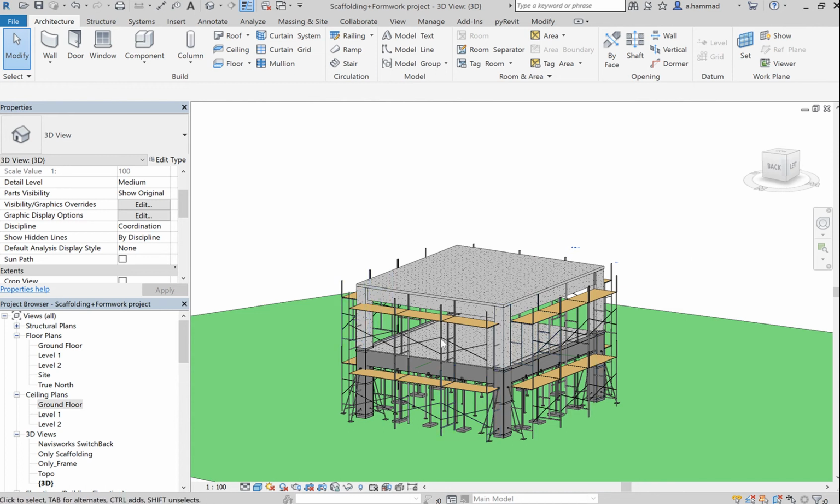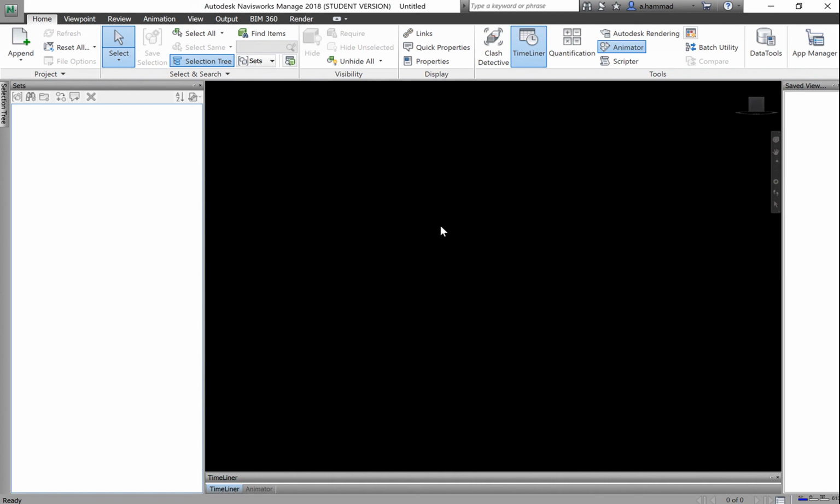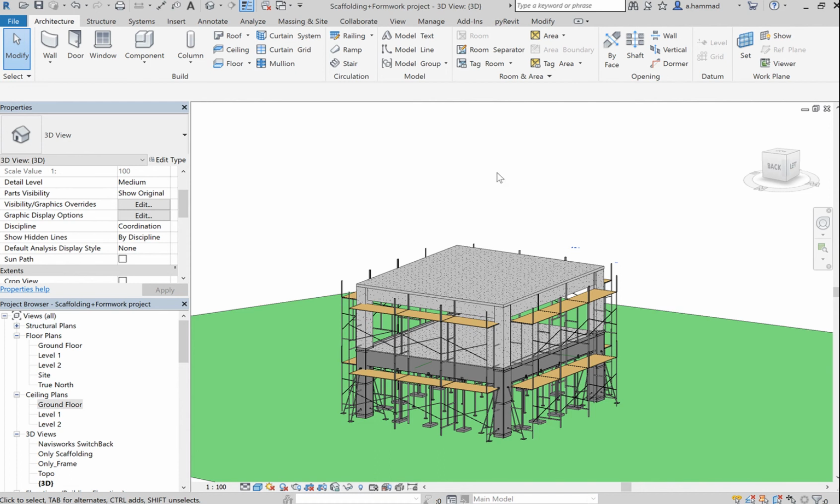from Revit into Navisworks. Now open up Navisworks Manage, and Autodesk Navisworks Manage basically is the software that we will be using to associate a timeline with our Revit model. Go back to our Revit software, and